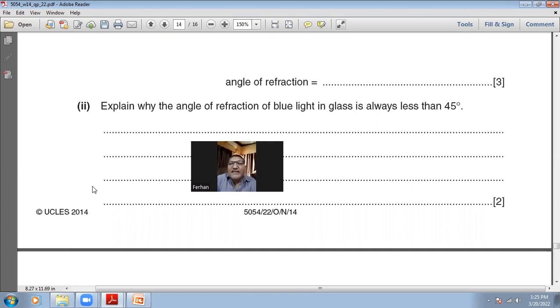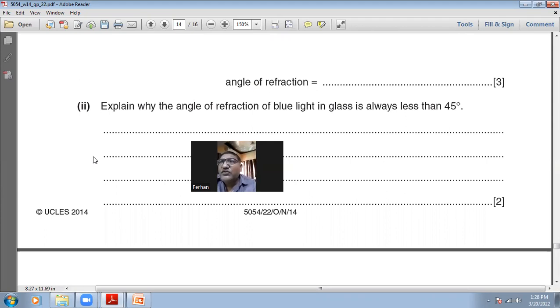But your angle of incidence is 89. If you make it 1 degree more, the angle of incidence will become 90 degrees, and the light will be traveling along the normal to the surface. And when the light travels along the normal to the surface, no refraction takes place. The light enters into the glass without any deviation. It does not change its path. So the maximum angle of